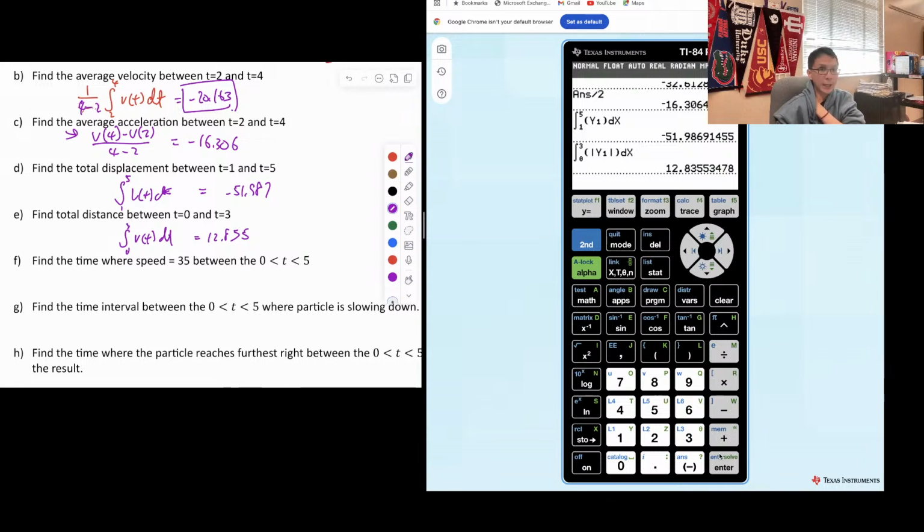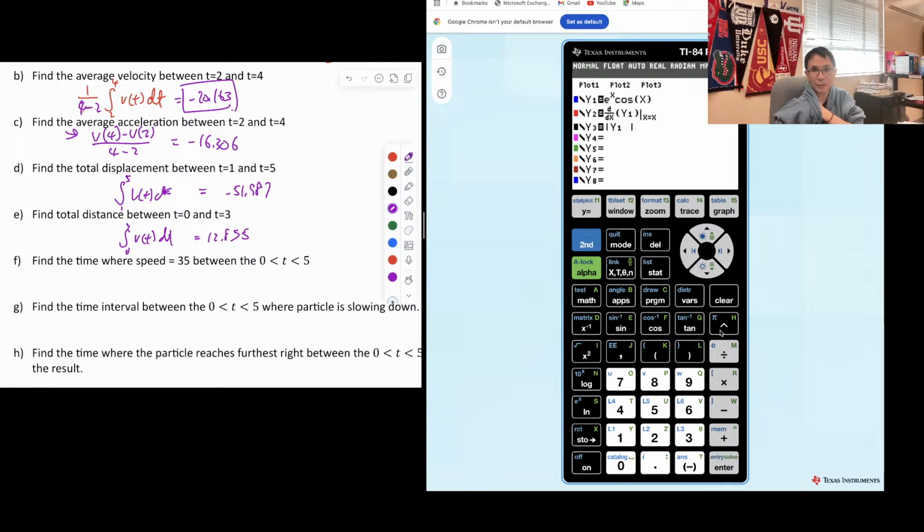Okay, any questions here? Now, this question is one of the hardest questions. They say find the time where speed equal to 35. There were two ways to do it. I prefer a certain way. So it's v of t, which is this one. But I want to do absolute value of v of t because we're talking about speed. We're not talking about velocity. So I had to use the second absolute value again of the y1,